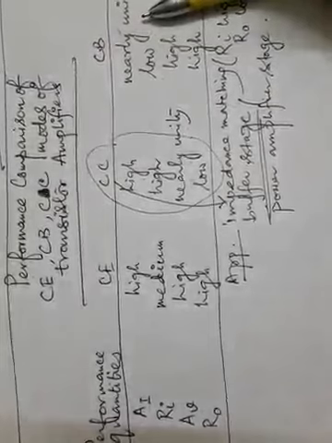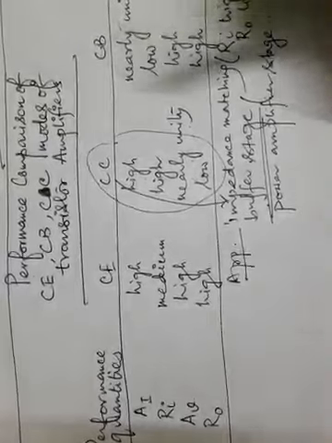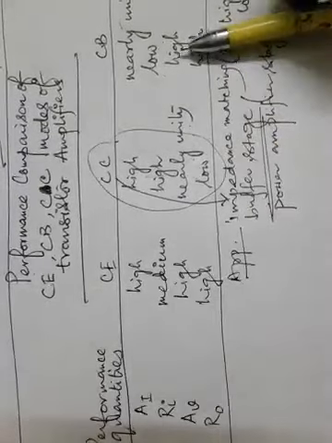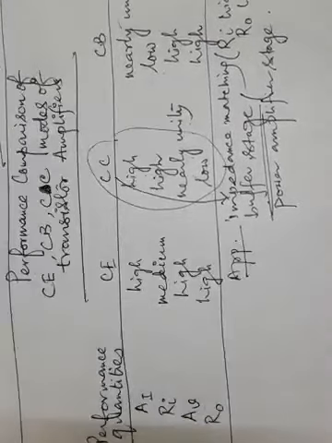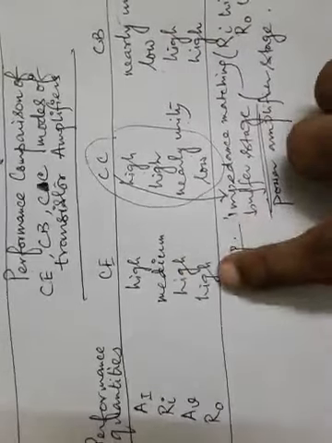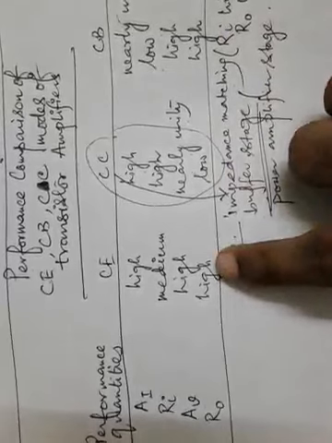Now what about this common base mode? In this mode, it provides current gain less than unity or almost equal to unity. The voltage gain of this stage is nearly equal to the common emitter stage, which is high, and the input and output resistances of this stage are respectively the lowest and the highest of the three modes. You can see the input resistance is the lowest of the three modes and output resistance is the highest of the three modes. That means CE mode has high output resistance, but still CB mode is higher than the CE mode